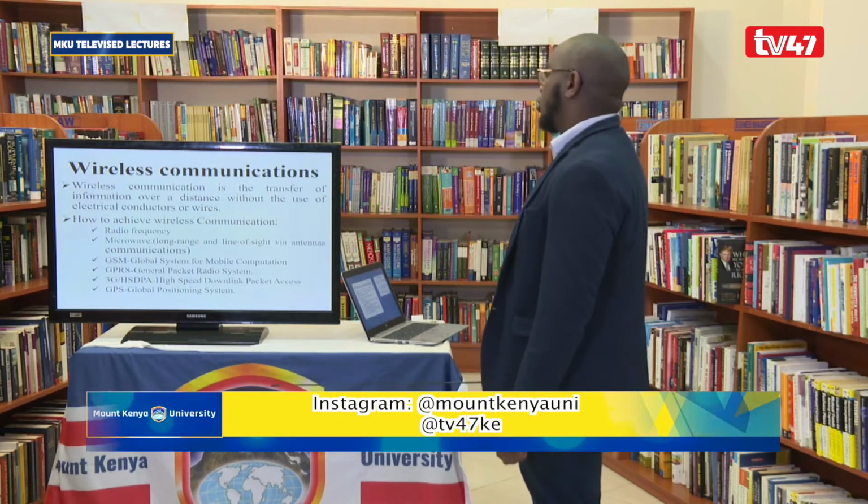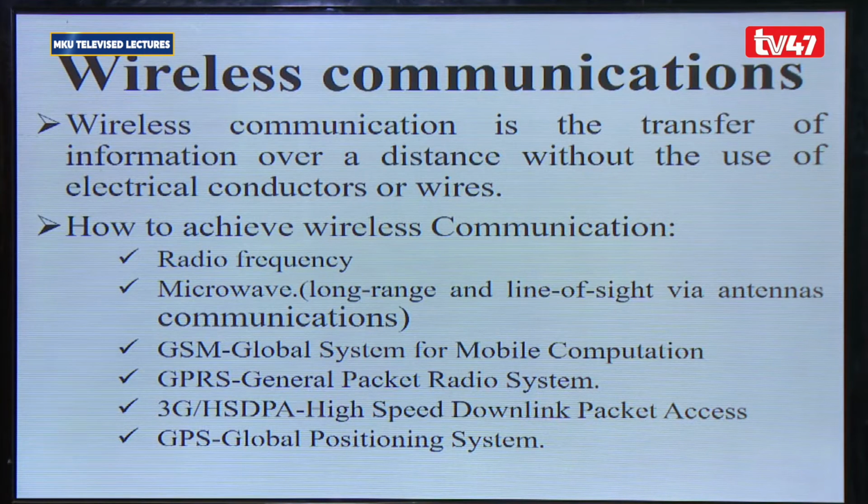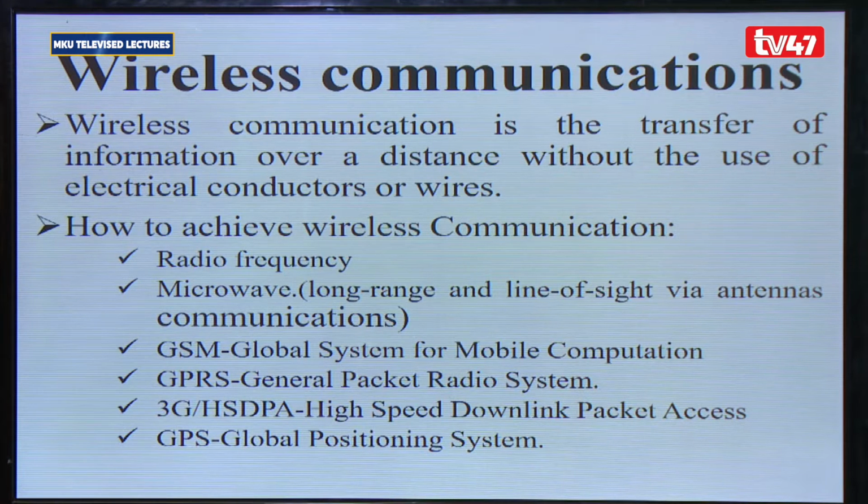Because we don't leave a room of assumption. What is wireless communication? Wireless communication is the transfer of information over distance without the use of electrical conductors or wires, right? You might ask me why I've decided to use the word distance. Sometimes most students ask about what is talking part of wireless communication. Yes, it's part of it, but in terms of technology, we are talking about people who are separated physically.